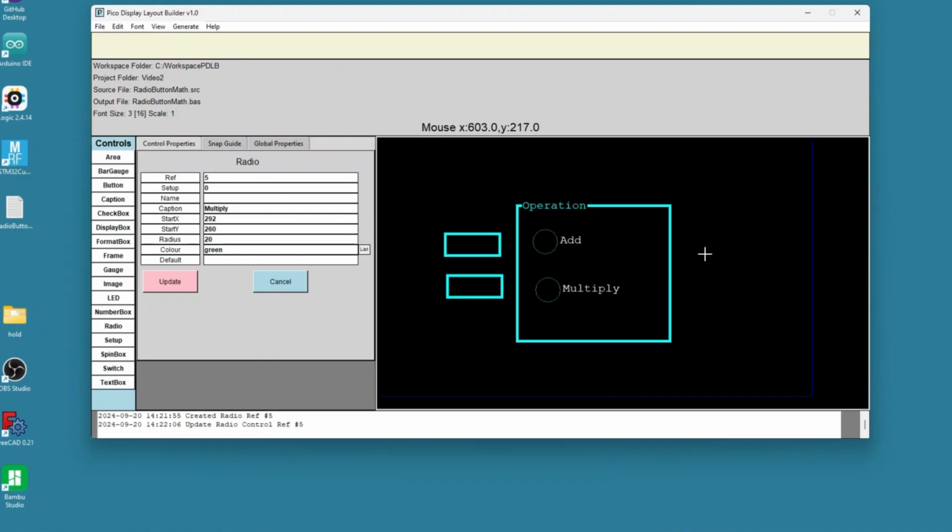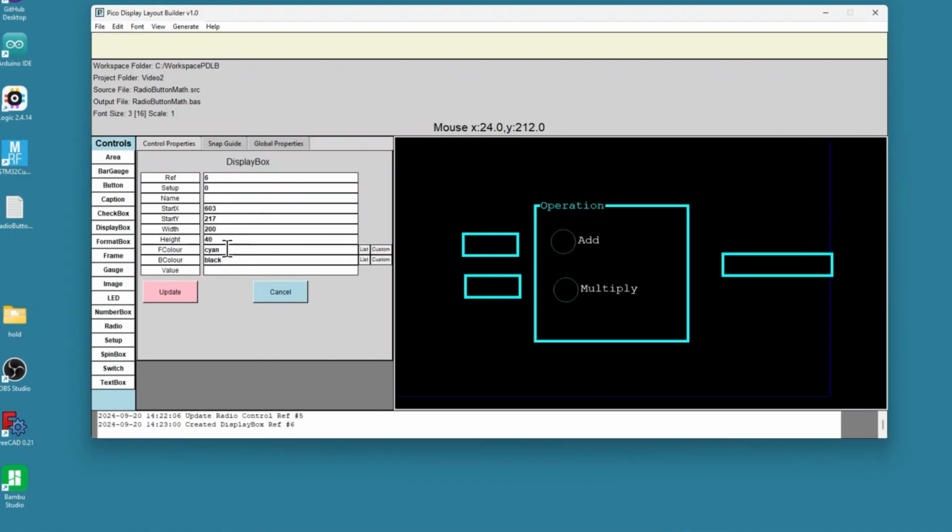Let's add the last control, which is the display box, and let's make it a little bit bigger than A and B, but not gigantic because we've got this border here. So your display is 800, so this blue line indicates the 800th pixel, and this bottom blue line indicates the 480 pixel line. So that's the dimensions of your display. So you have to work inside that blue line. All right, now that we have all our controls, let's save everything